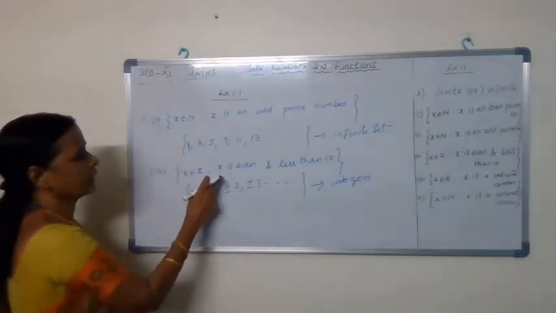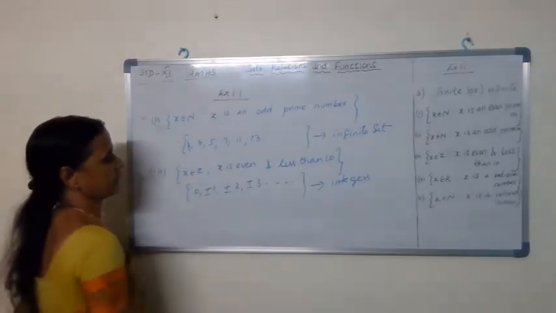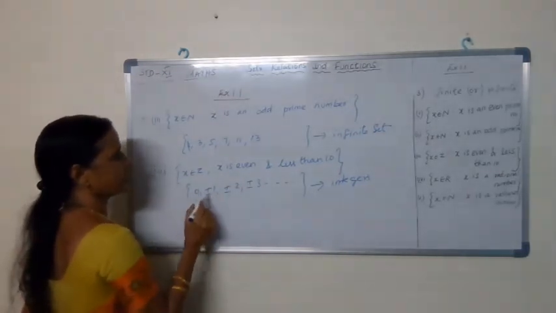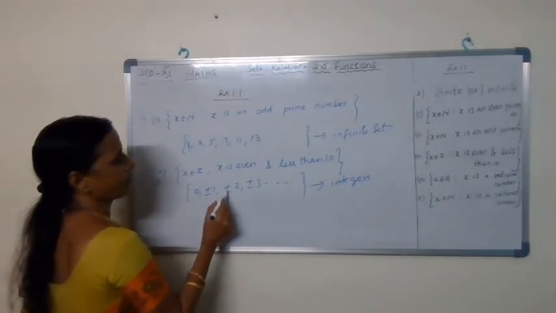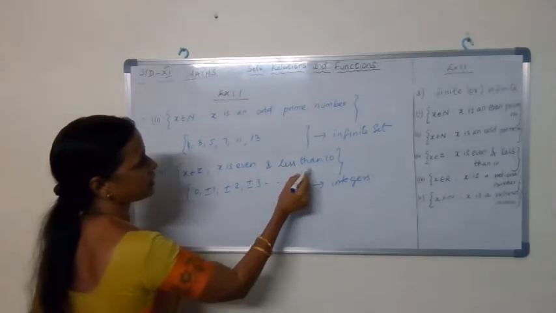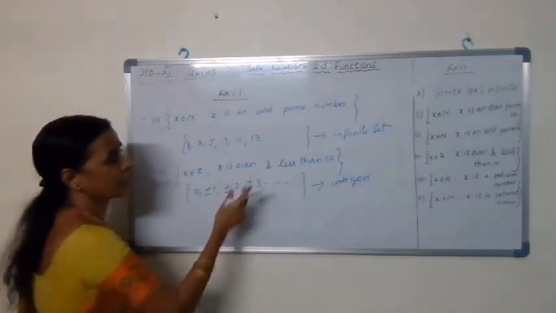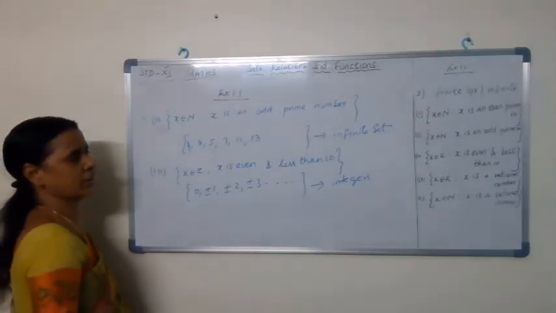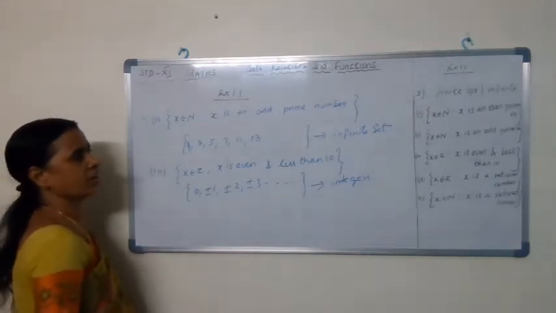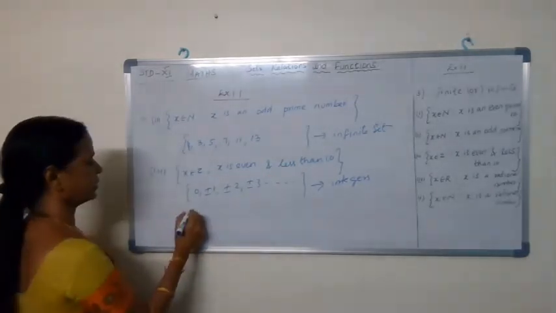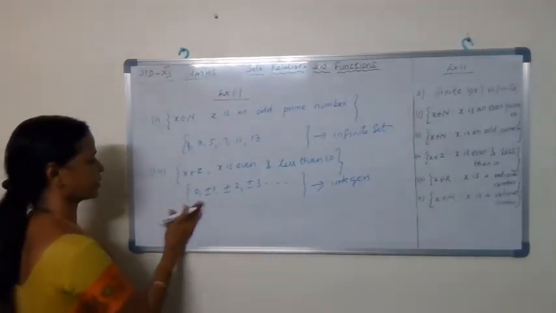Now come to the problem. X must be an even number, so we have to cut the odd numbers. We take 0, plus 2 and minus 2, and we must not take all numbers, only those less than 10. Consider all the integers that are also less than 10. Therefore, the required set